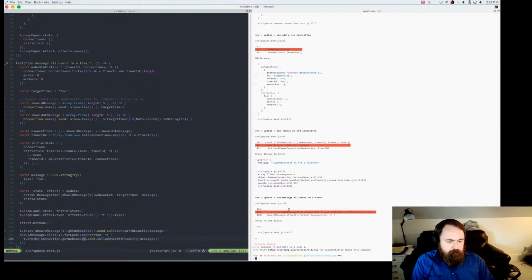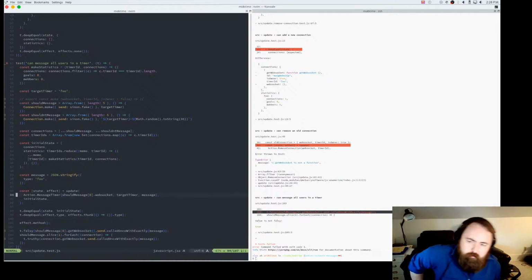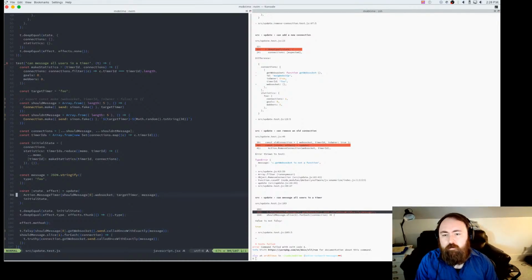And value is not falsy, so we said that it shouldn't send a message to the timer owner. Let's read through this test. I'm not sure that's actually what I want it to be.